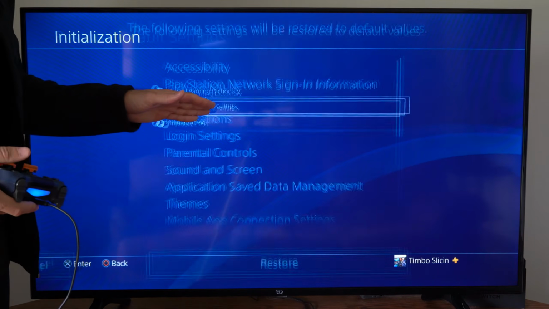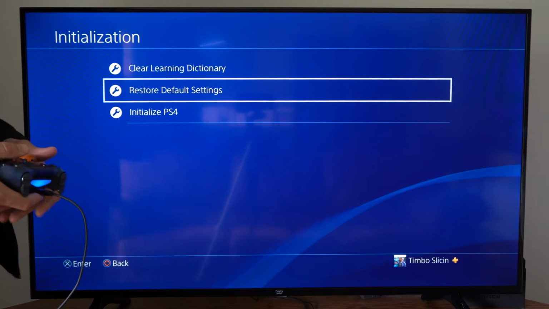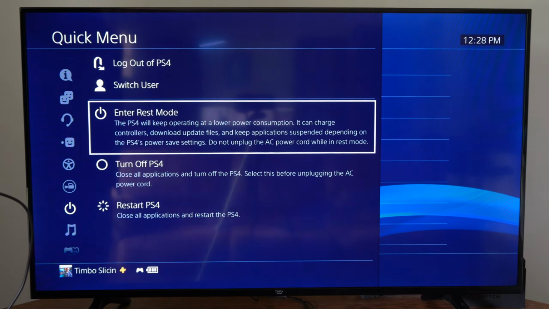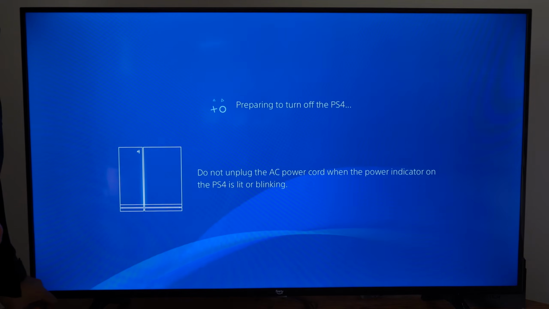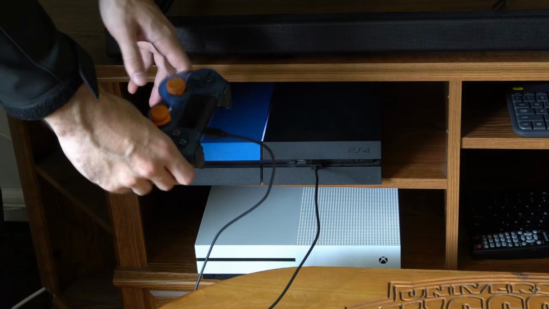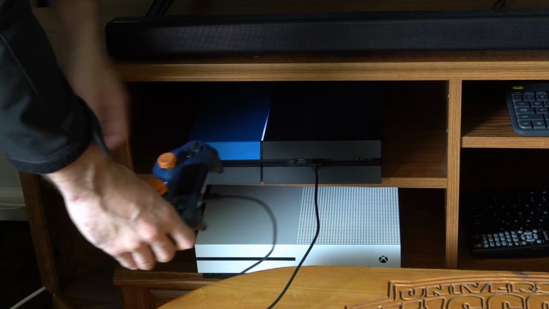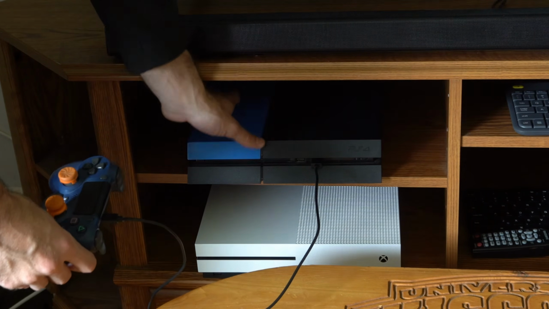Now if you do not remember the code 0000 because there's parental controls or something on your PlayStation, you can hold down the PlayStation button and then you can go to power and then you can completely turn off your PS4, and we're going to launch this into the safe mode menu. Now you will need a USB to micro USB cable to operate the safe mode menu, so connect this to the PlayStation and your controller, and once the PlayStation 4 completely turns off, we will want to hold down the